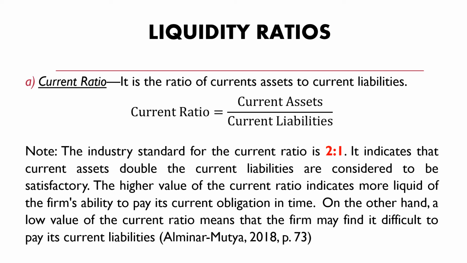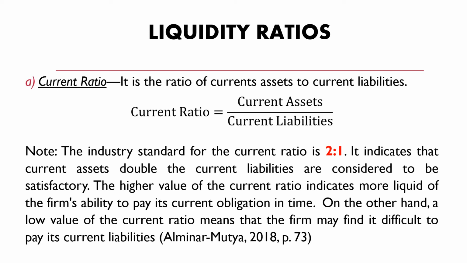It indicates that current assets double the current liabilities are considered to be satisfactory. The higher the value of the current ratio, the more liquid the firm is, indicating its ability to pay its current obligations in time. On the other hand, a low value of current ratio means that a firm may find it difficult to